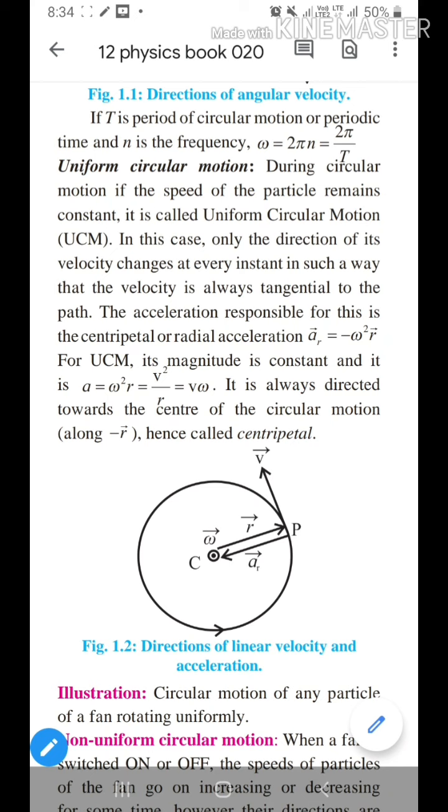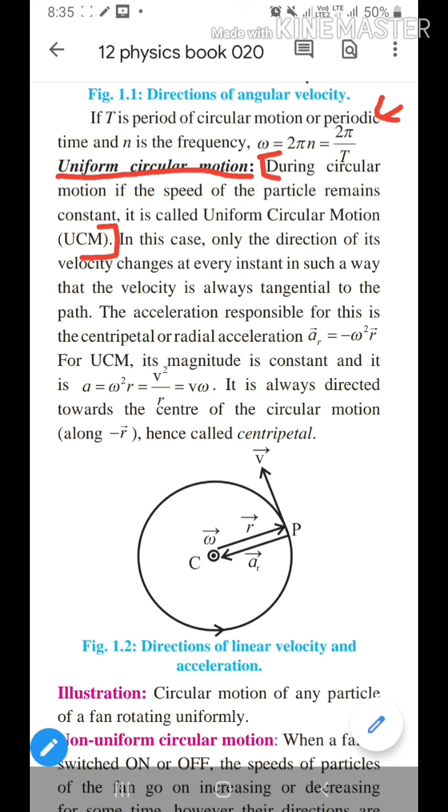Now the next point is uniform circular motion, and the definition of the uniform circular motion is shown in this bracket. During the circular motion, if the speed of the particle remains constant, it is called uniform circular motion, and it is abbreviated as UCM. As UCM is periodic motion shown here,